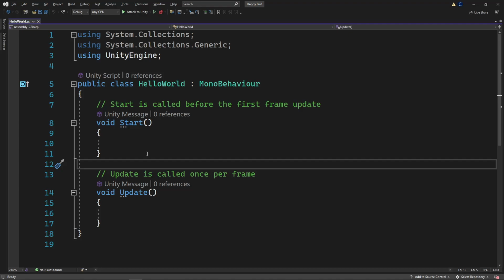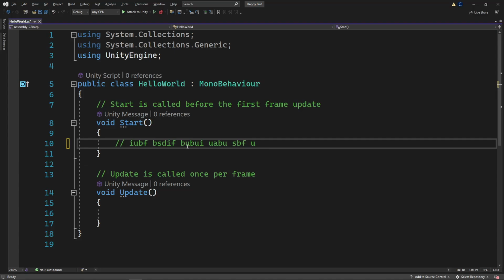And this is just human readable text that the computer completely ignores whenever it is compiling the program. So if I was to type in, this is a start stuff, then that tells us that this is just human readable text that we can refer to later.